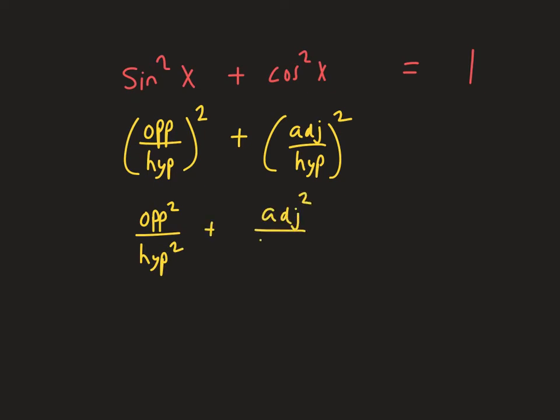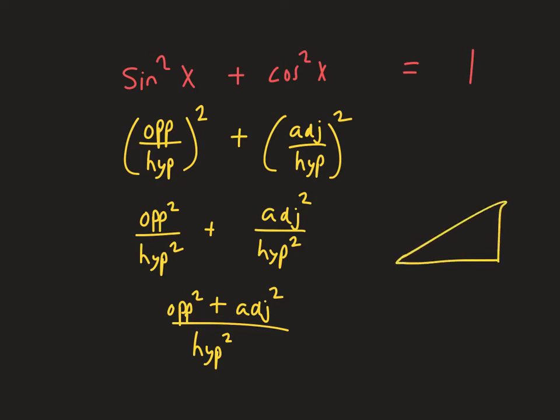Okay, so we're kind of just algebraically simplifying here. Two fractions are being added together. We actually have a common denominator of hypotenuse squared, so that's good. Okay, so opposite squared plus adjacent squared. And if we think about this, let's just visualize any old random triangle there, right? Let's say we have the opposite side over here, we have the adjacent side down here, and of course the hypotenuse, right? And if we take a look, the opposite side squared